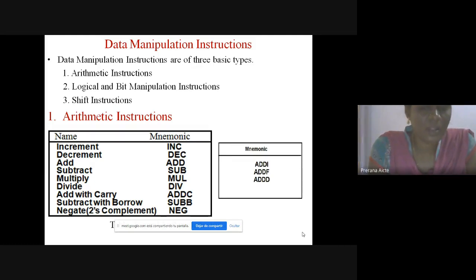ADD performs addition. SUB performs subtraction. MUL performs multiplication. DIV performs division. ADDC performs addition with carry. SUBB performs subtraction with borrow. NEG performs negation, that is the complement operation.